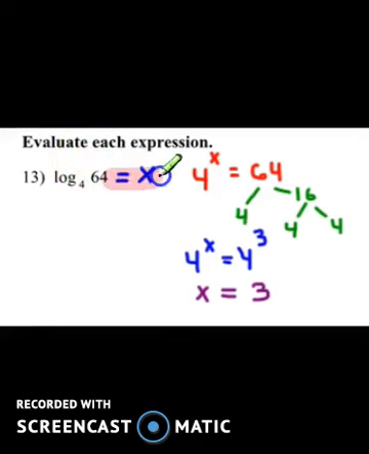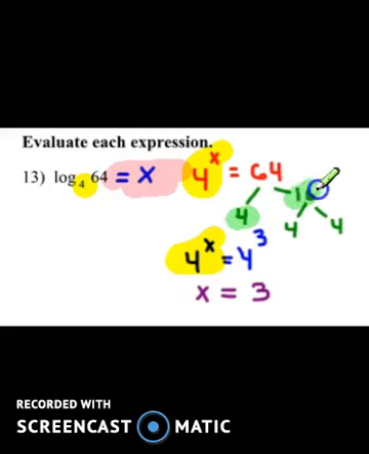I am going to make it equal to x. So I am going to go log base 4, so 4 to the x power equals 64. And I notice I can factor 64 into 4 times 16. I'm using 4 because my base is 4. So I'm going to factor 16, 4 and 4. So now I have 4 to the third power. I have the same base, so x equals